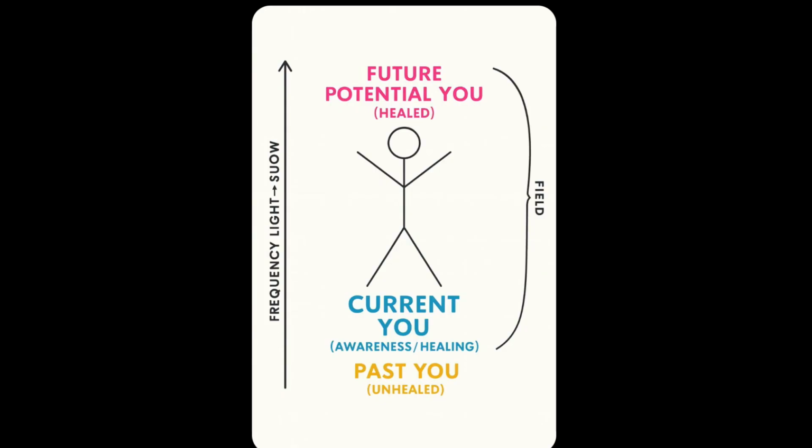So they're saying that the past could be an unhealed version of you, for example. The present could be an awareness of you, of where you are, so that you start to heal the version of yourself. And that the future or the potential future of you could be that you are healed, or working within your highest potential. So I said to them, so how do these frequencies relate to the Ka?